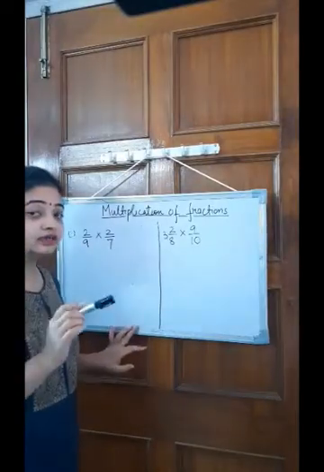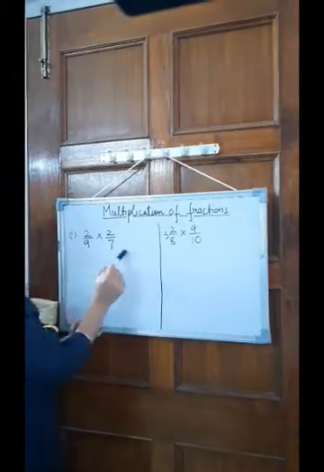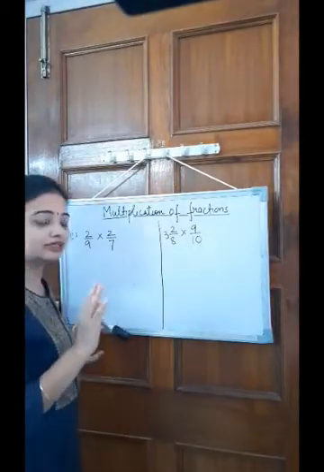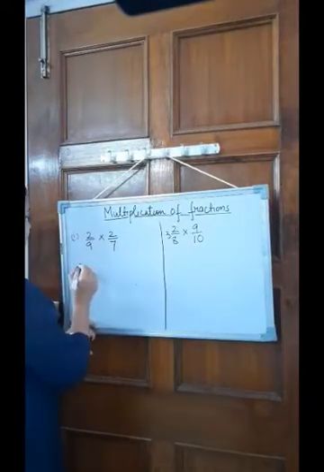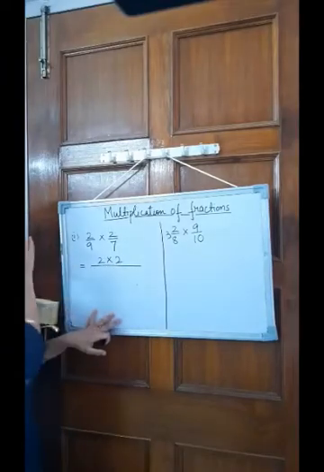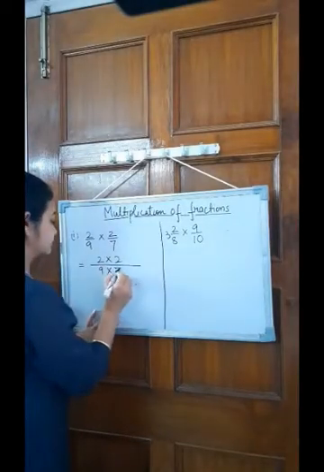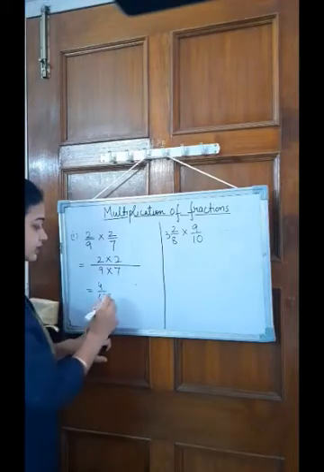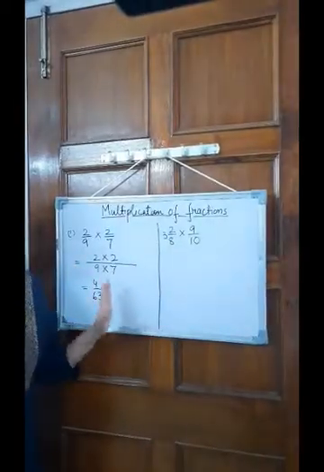And how do we cancel? We can only cancel numerator with denominator. So if we look at these numbers, in this case there is no such number that we can cancel, so you have to simply multiply them. So multiply 2 with 2, as I said just now, numerator with numerator, and 9 with 7, so it will become 4 upon 63, and that is it. This is the answer. So in multiplication what we have done, we have only multiplied.